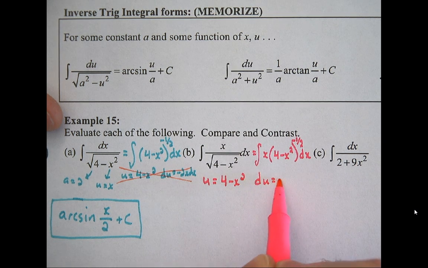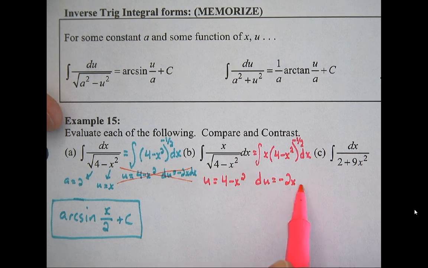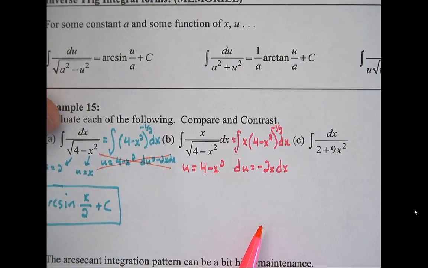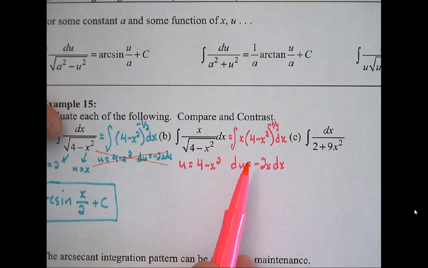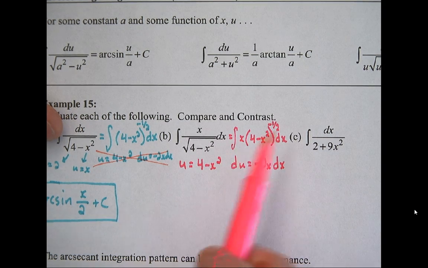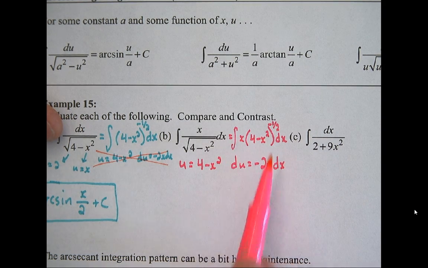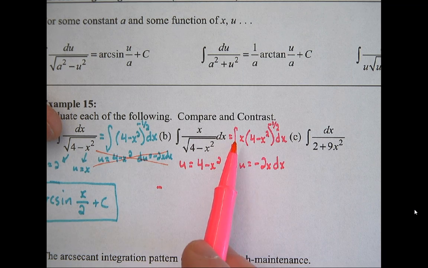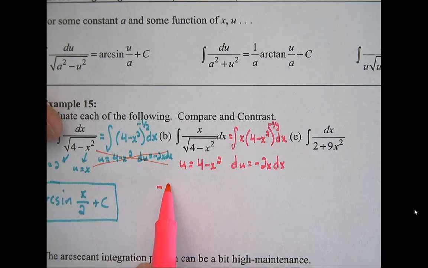Du would be its derivative, negative 2x dx. I'm going to do this one by pattern recognition. So let's see, what do I need? I need a negative. I don't have it. Any constants? No constants. I need a negative 2, so I need to correct that with a negative 1/2